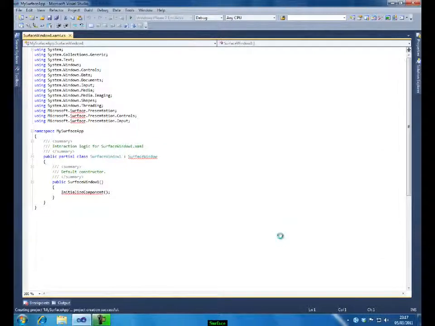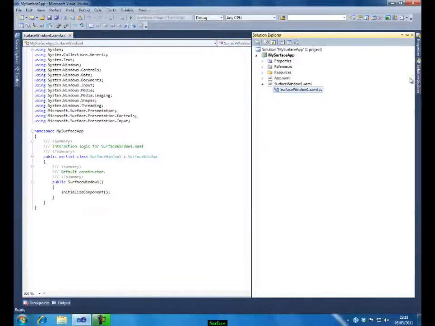Visual Studio has created a project template for you. We are ready to start. Let us see the folder structure. Click on the Solution Explorer. You can see a project here and few XAML files. If you have some experience with WPF, you may find the structure similar to that.